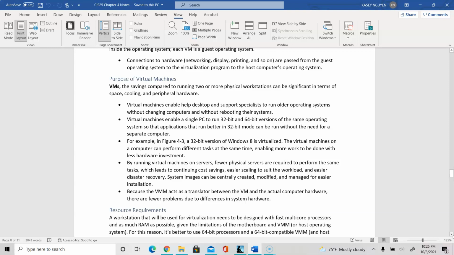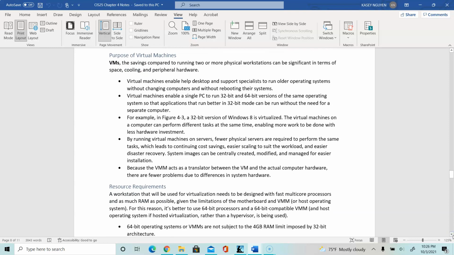Now, we also can create backup images for these virtual machines, and we can use them for testing purposes. So virtual machines allow us to really scale based on what we need with a lot less cost. And so the actual computer hardware is reduced, and therefore we would be able to move forward with